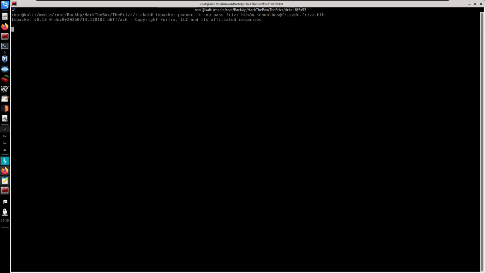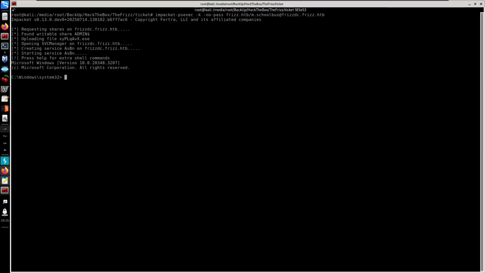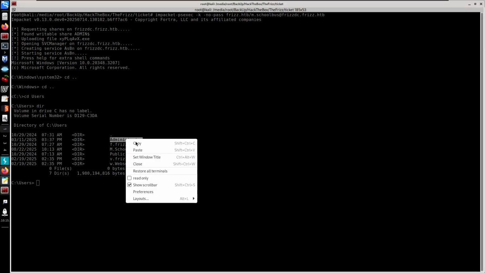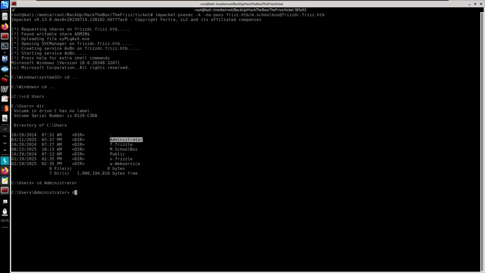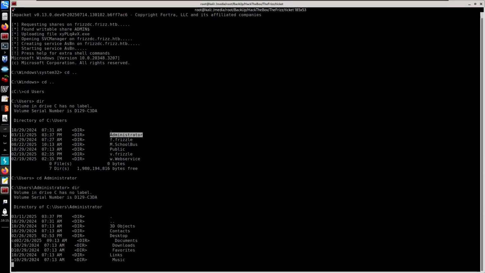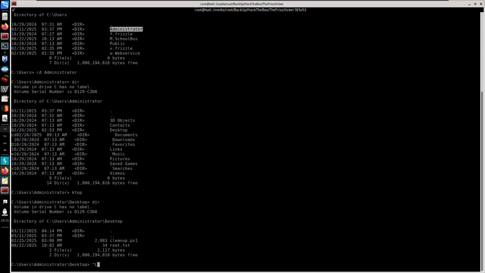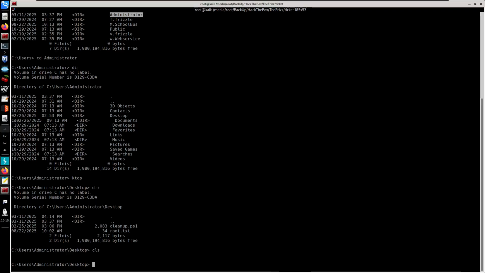Let me just X out of here. So go to users, dir mode. Now we'll see if we can go into administrator. So go into administrator, do dir mode. Desktop, dir mode. We can clear terminals here. Can't clear terminals, but we can just type our